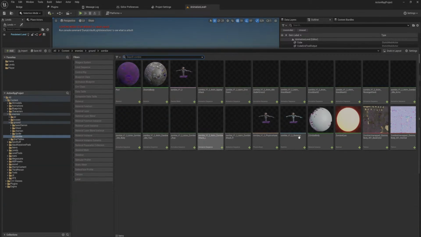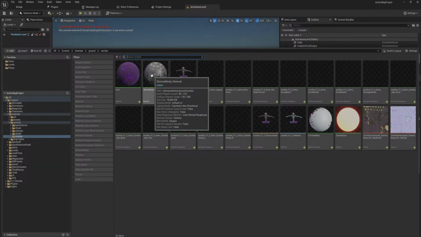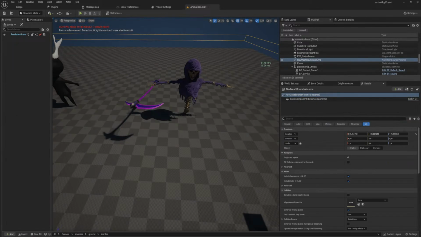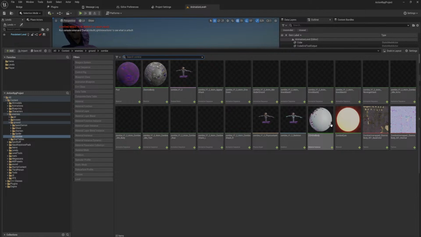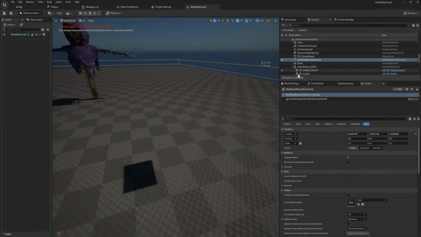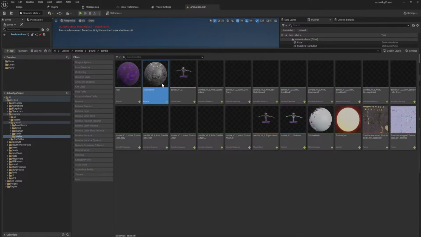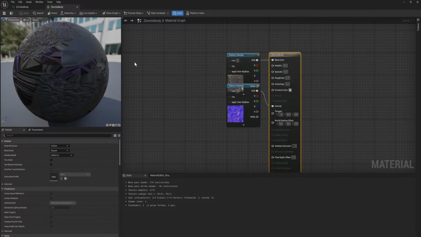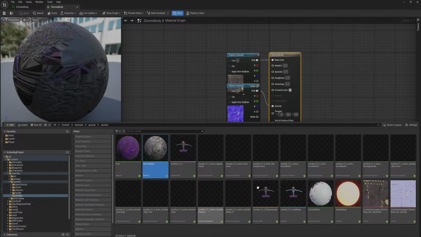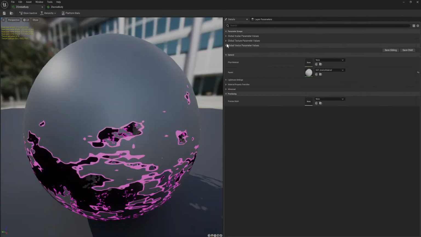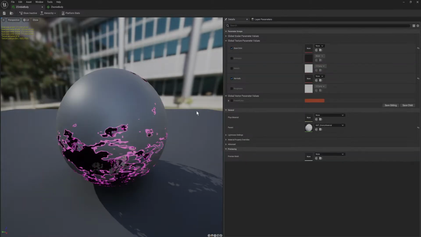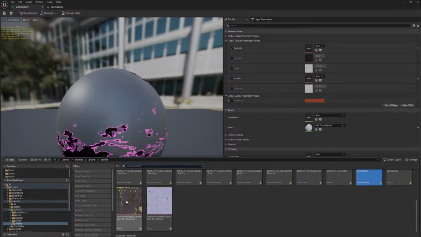So we have everything imported into here. I also exported the textures, as you can clearly see. It made this default material. We're not going to be using that actually, because what we'll be using will be this one instead, because this is a child of our